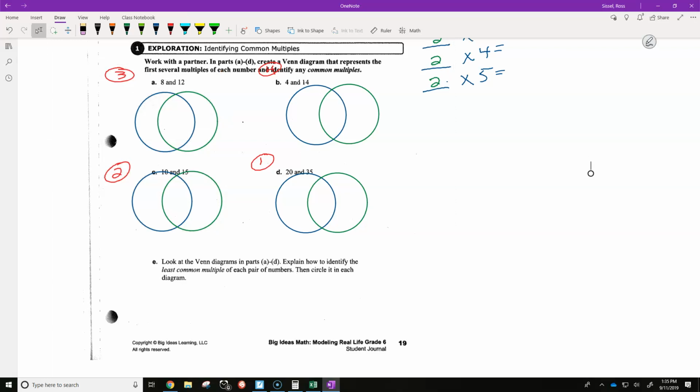Alright, so what were four multiples of the number 8? Talon? 8. 1. Oh no, 1 would be a factor. Bethany? 8, 16, 24, and then